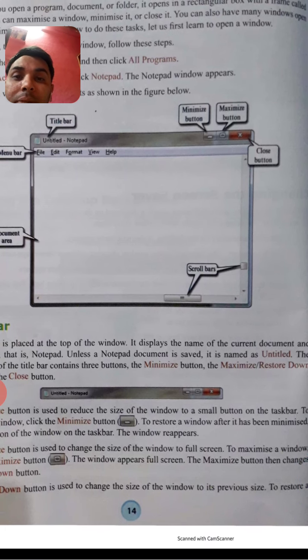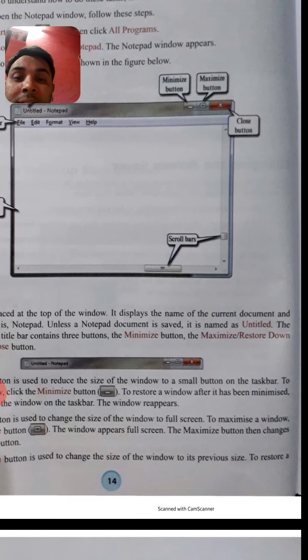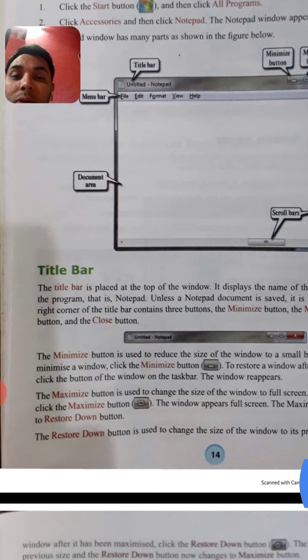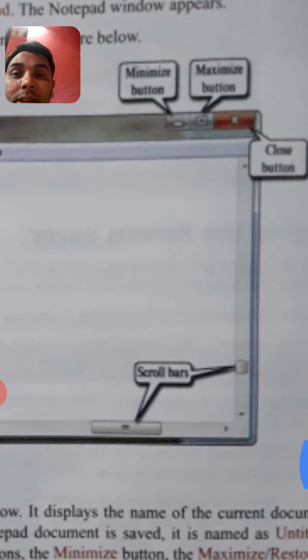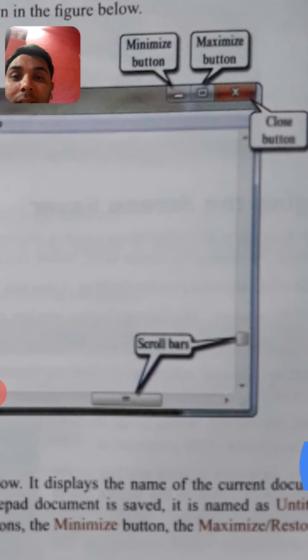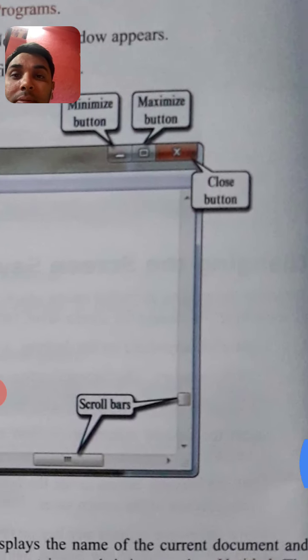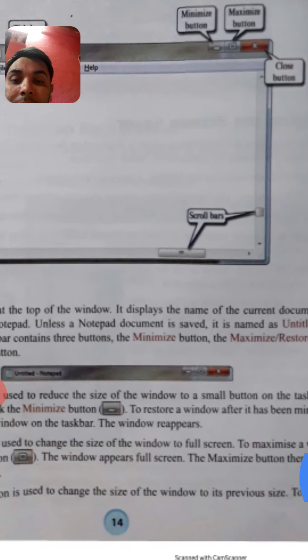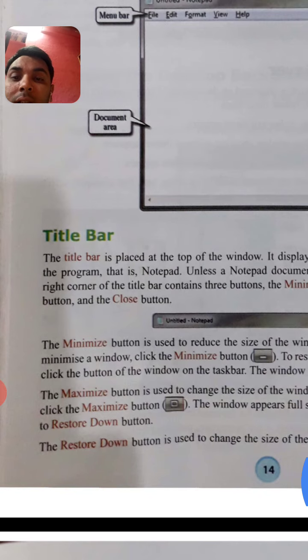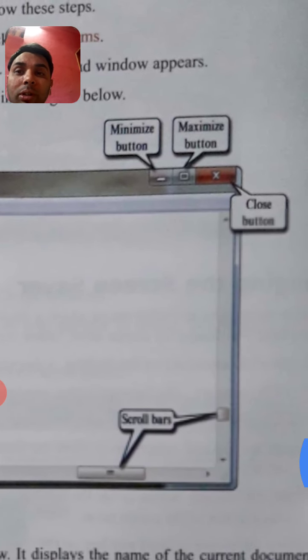The minimize button, the maximize or restore down button, and the close button. See here, this is the minimize button and this is the maximize button, and the close button is shown here.